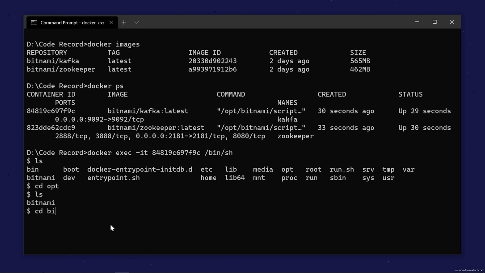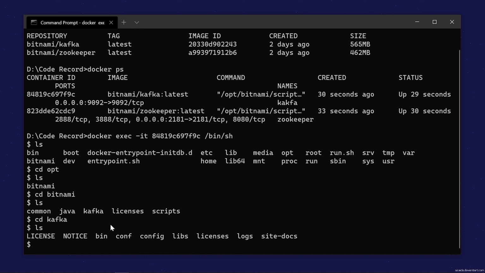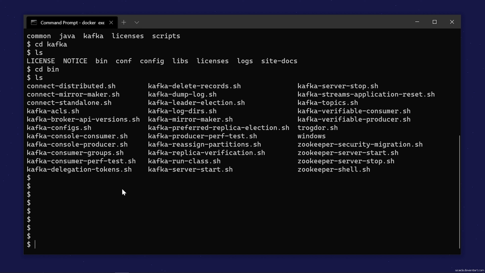We'll go to Bitnami, and inside Bitnami again we'll go to kafka. Inside kafka we'll go to bin. You can see that these are all the shell script files or binary files that we can run for Kafka. Once you get into this folder, using these binaries or shell scripts, you can execute the commands.